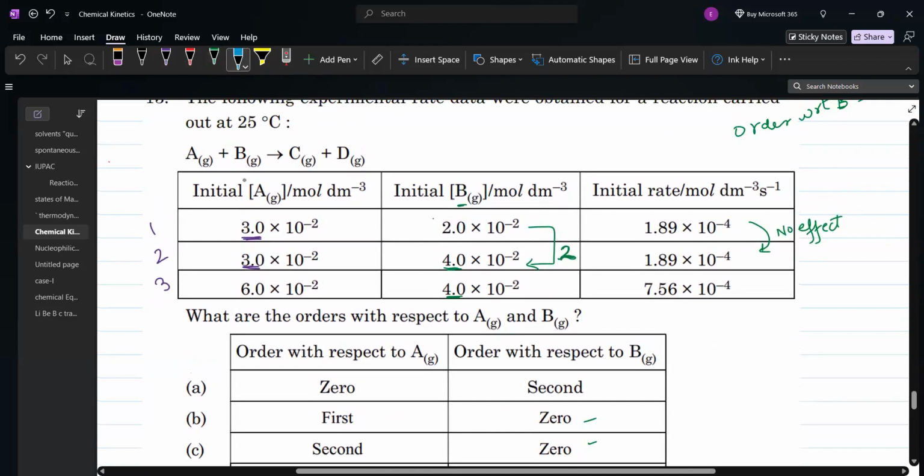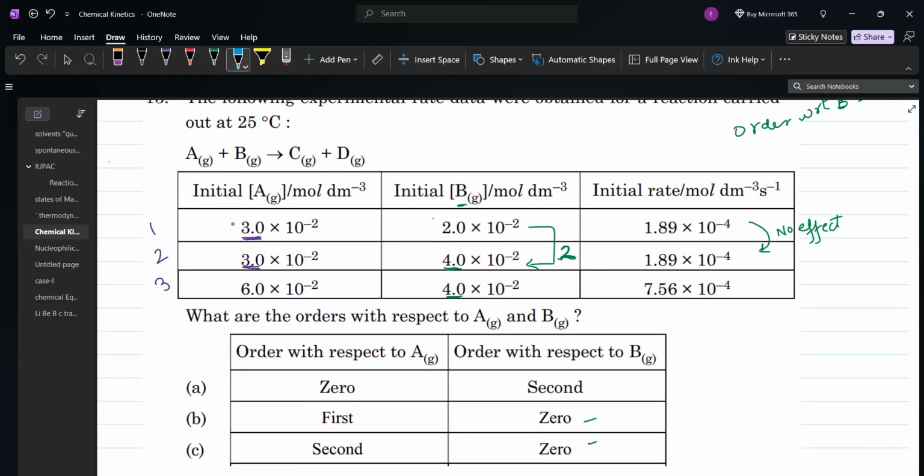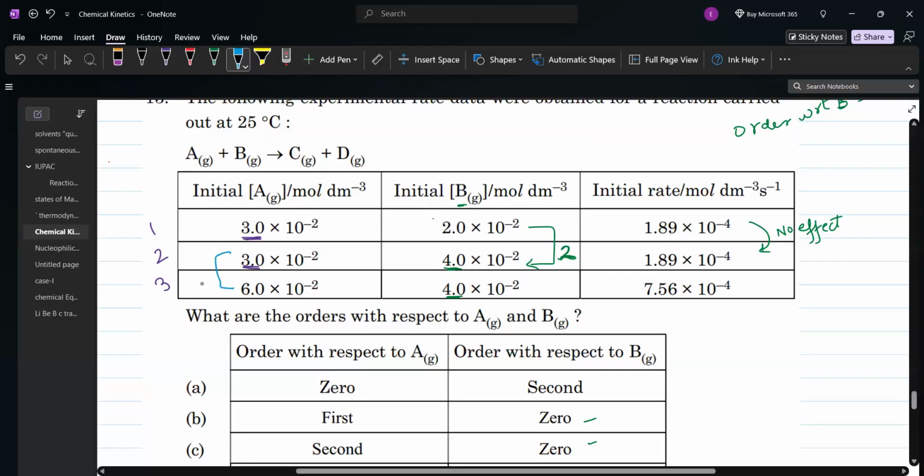In this one, we can see the concentration of A has been, oh no, this one we have done already. What we will see, the concentration of B is same, and this has been doubled, right? Concentration of A has been doubled, and we have to comment what is happening with the